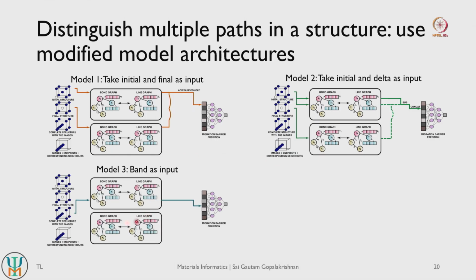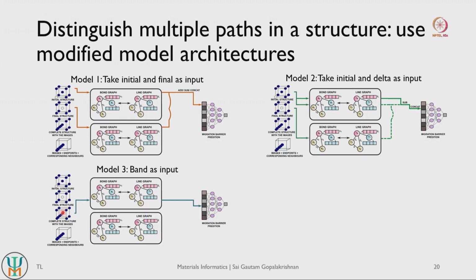And in the third model we used pretty much a band as an input as well. So when you typically do nudged elastic band calculations along with DFT to predict migration barriers, you will have an initial and a final configuration, and what you do is you create a band of images across these initial and final configurations. The band of images are basically interpolated positions of atoms as it moves from its initial to final state. So you can think of it as capturing the snapshots as the atom actually moves from its initial to the final configuration. So this practice is commonly used in DFT based nudged elastic band calculations.